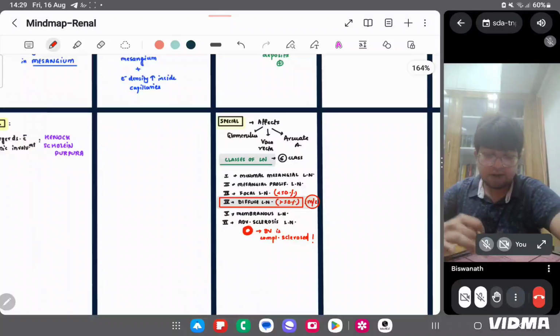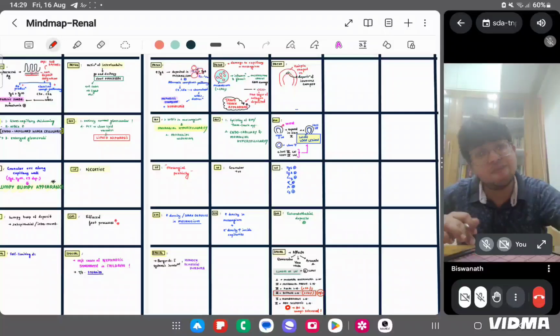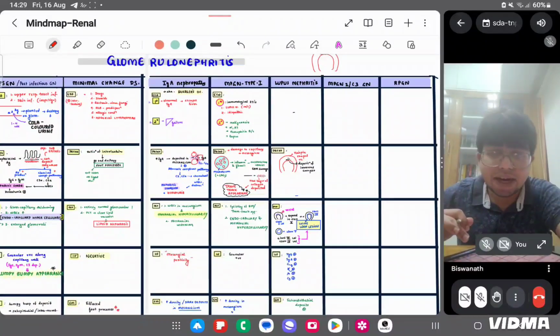Understood? So that was about the classes of lupus nephritis in the special point section. That much you have to understand in lupus nephritis. Okay, and now we are moving to MPGN type 2, which is also under the